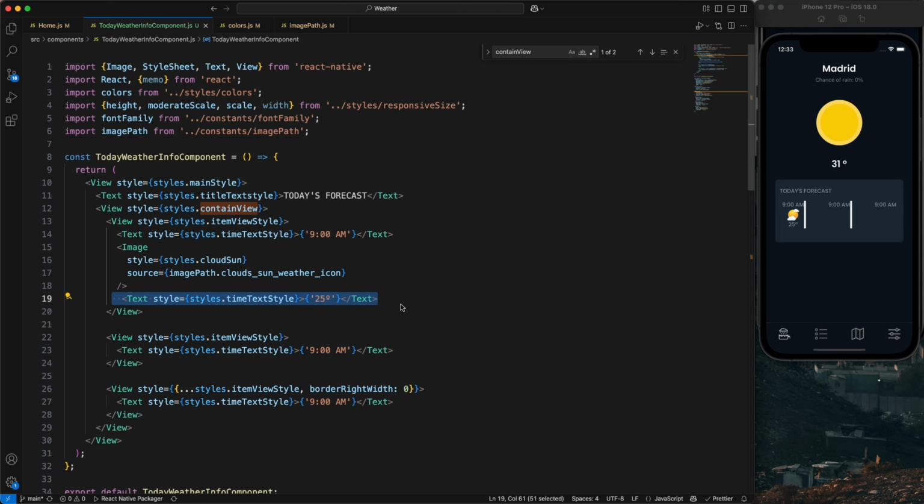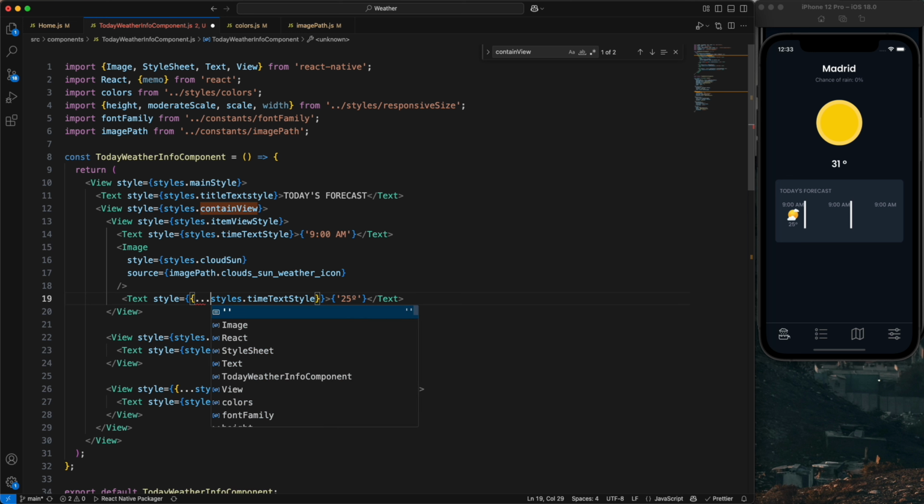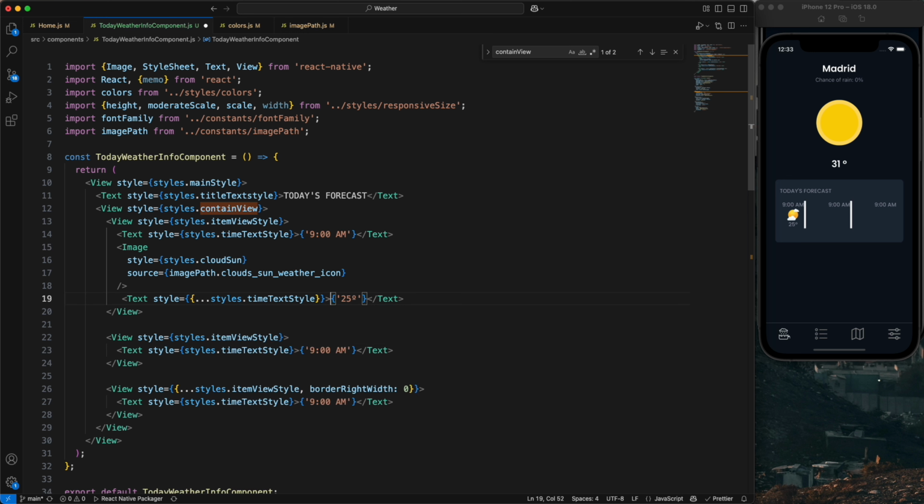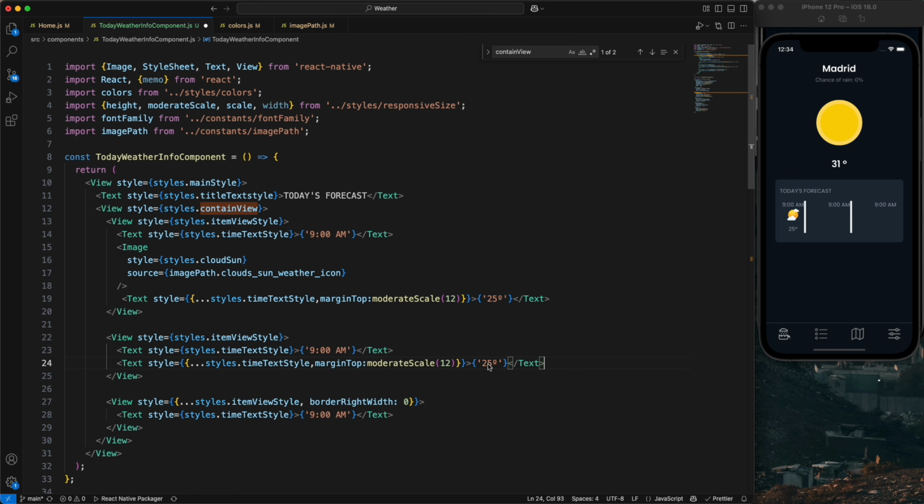Just copy this line also again, and so we need also spacing also from the top, and just come here, triple dot, and we need to add a spacing like a margin top and moderate scale 12. Yeah, just copy this whole text and paste it and type 28, and also copy this text again